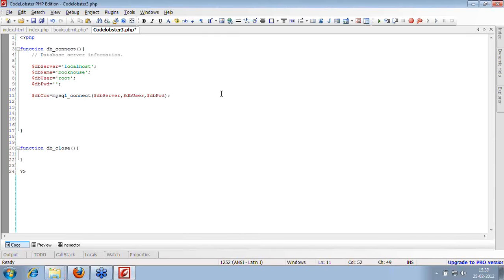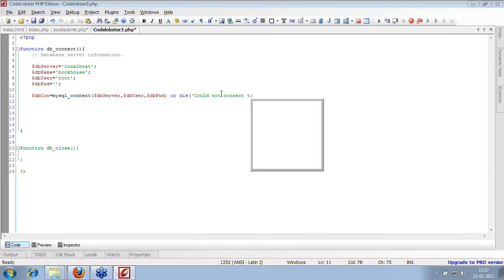Now, if there is any problem in connection with the database, it will just give you an error out there. It will stop running your program, but you will not come to know what the problem is, why my script is not running or whatever. So you can have here, if it is connected, because this is the function, if the MySQL database is connected, then just move ahead, otherwise die. That means stop my program and print what the problem is. So, could not connect to the database server, you can say.